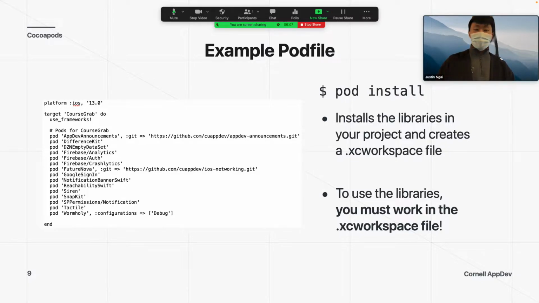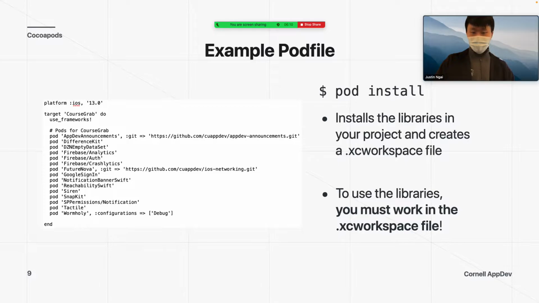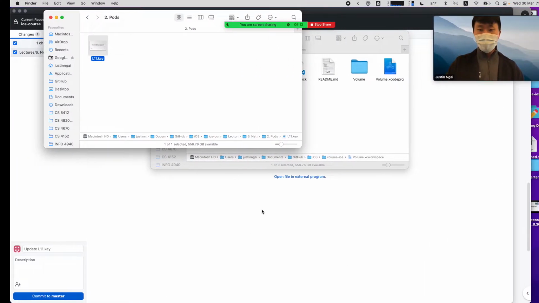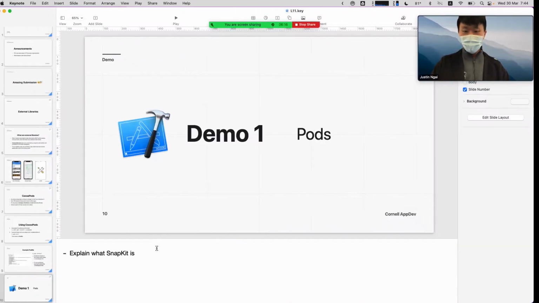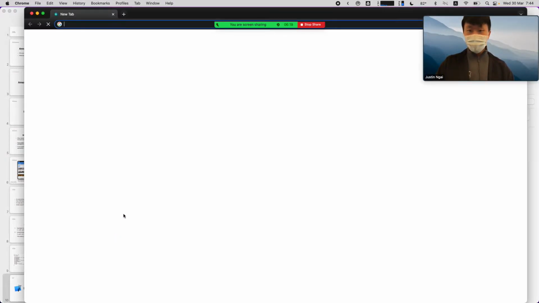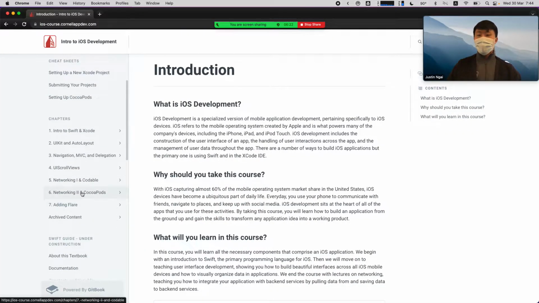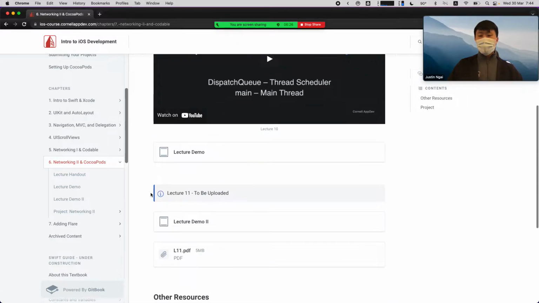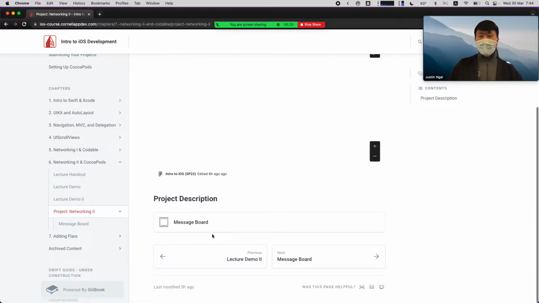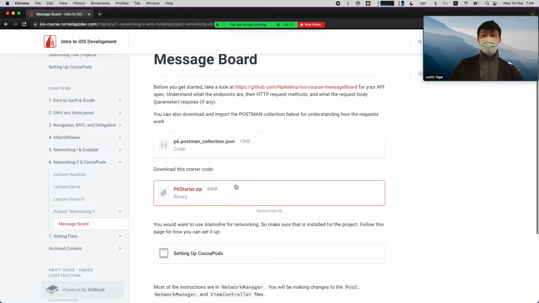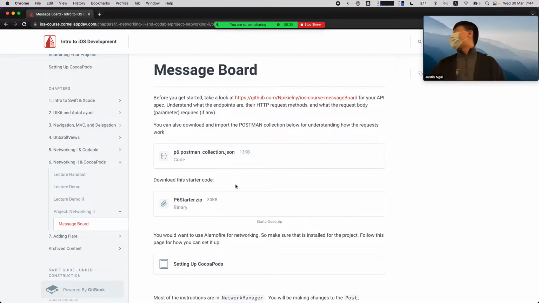Actually, before we even start, I think you should go to the textbook. Go to week 6, then the project, and then the message board. This is your P6, your project 6, which has been through the past few offerings one of the harder projects. So this semester we decided to give you an early start, and the demo I'm giving you today in lecture is basically going to help you get started with the project: how you set up the project, how you understand the project,